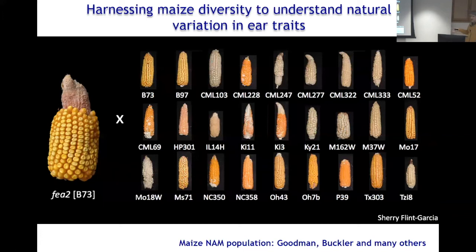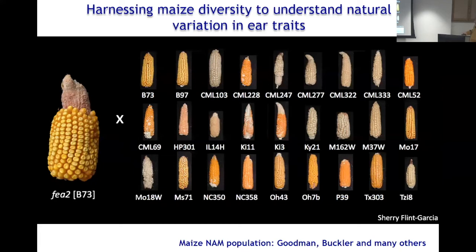So we're looking for modifiers, genetic modifiers. And it's a lot of work, but it's kind of fun to just walk through the field and cut up ears. It's one of my favorite activities, but not for everybody. But anyway, when we did this, we found that one of these lines, which is